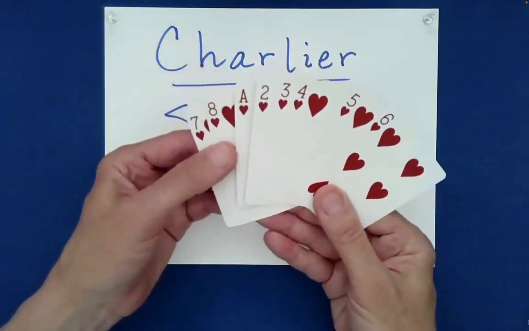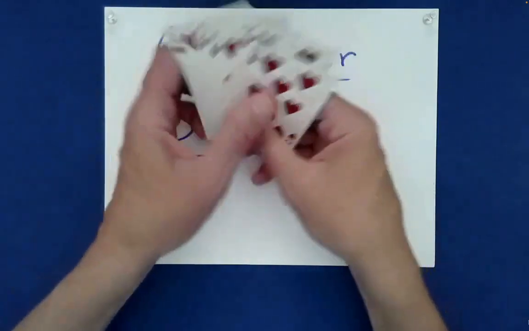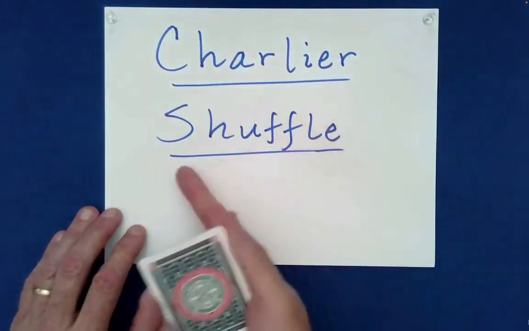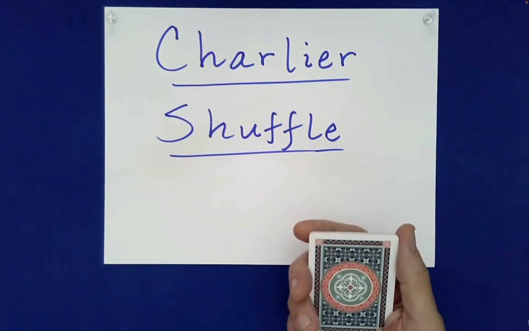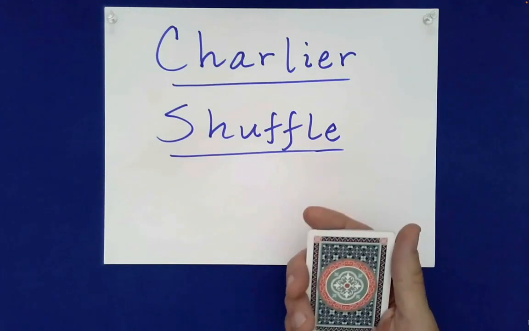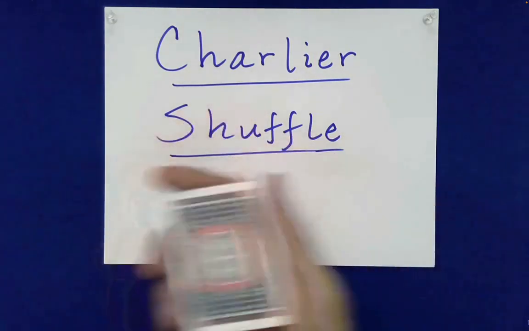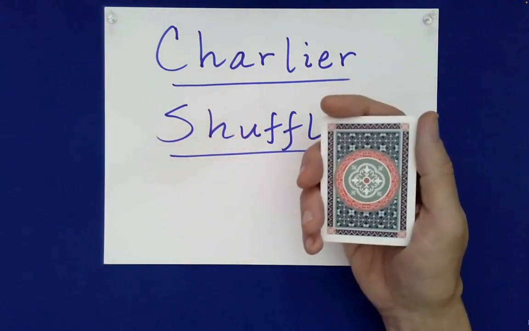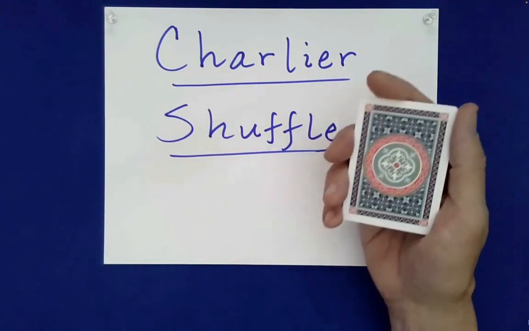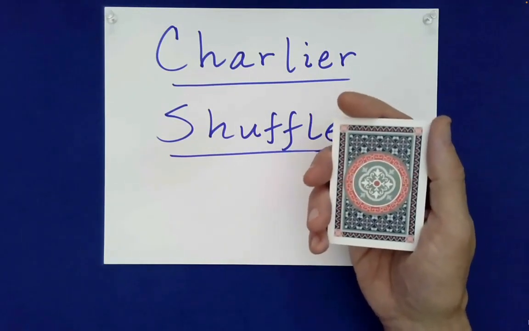So what we're going to look at here, let me go ahead and put them in order again with Ace on top, 8 on bottom. We're going to show you first something called the Charlier Shuffle. Okay, now this is one of the most powerful shuffles in all of card magic for the simple reason that it is so incredibly convincing that the cards are being thoroughly mixed, when in fact all of the movement of the cards that you'll see in just a second is equivalent to cutting the packet at some location. Absolutely amazing. Okay,